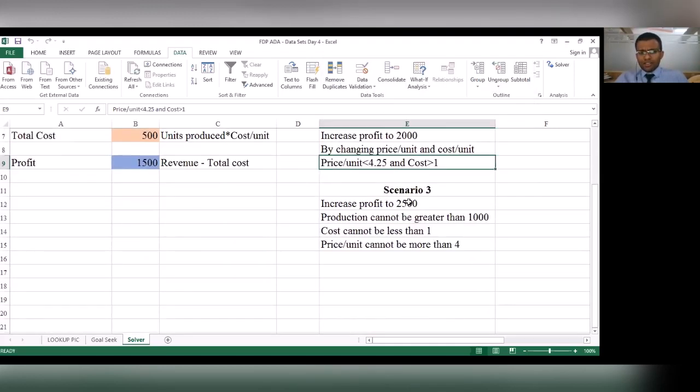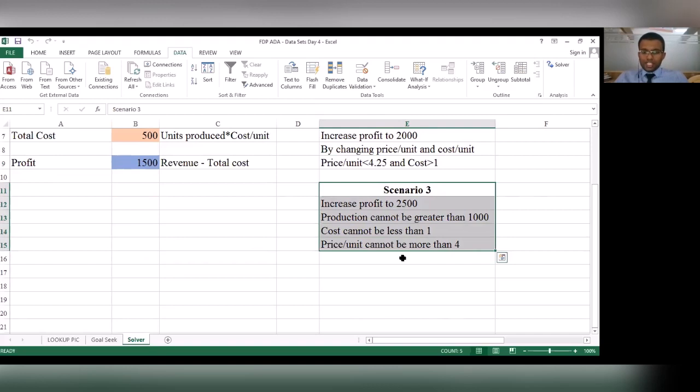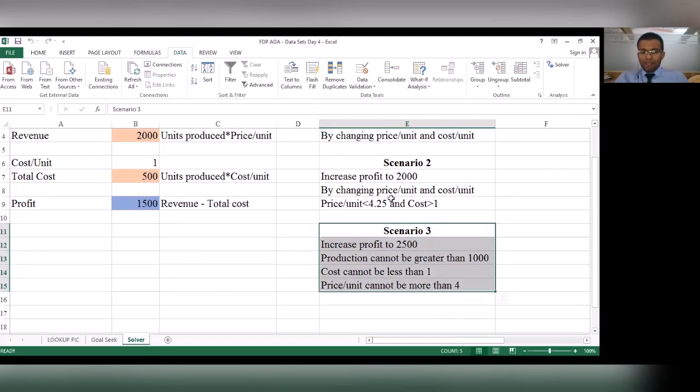Now let's look at the last option, the last scenario. What I'll do is I shall pause here maybe for a minute, and then I want all of you to try this, and if you're not able to get the answer, at the end of the next few minutes, we shall solve it together.